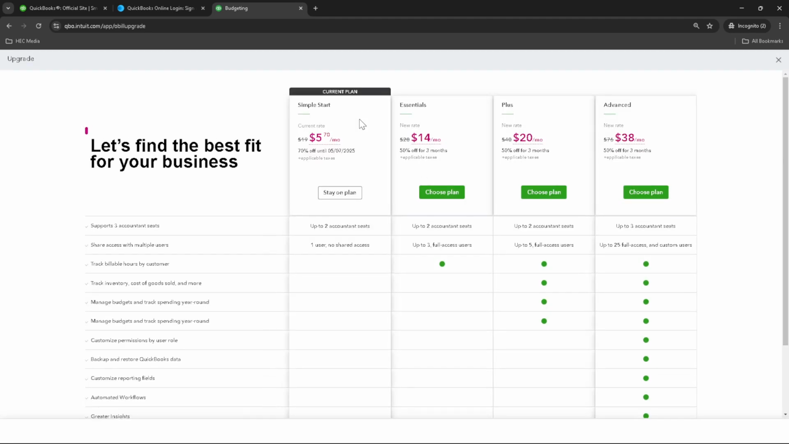By following these steps, you ensure that each user has the necessary permissions to perform their job while safeguarding your